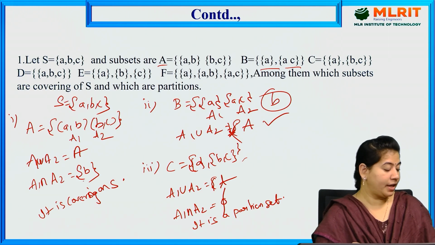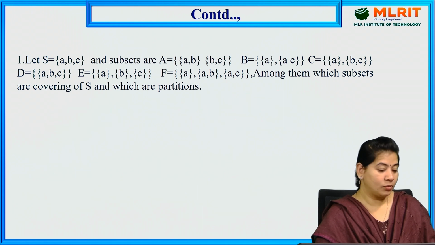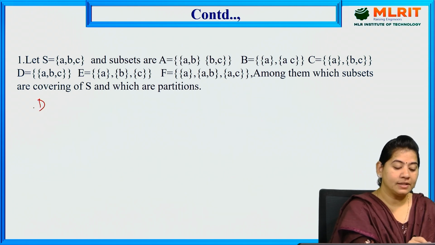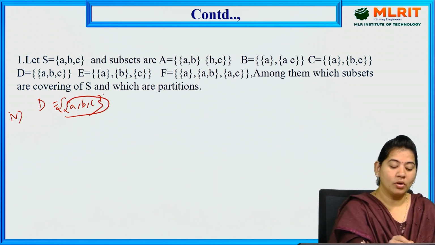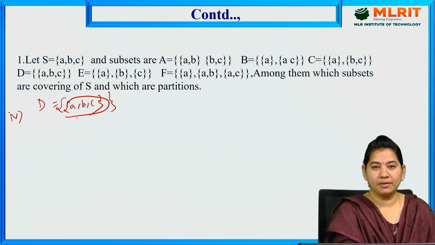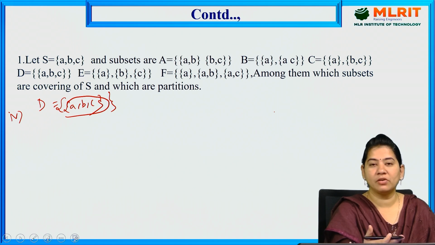So in the same way, go for the fourth one here. What is the fourth one here? D is equal to {A, B, C}. So here this total thing I am going to consider as only one element. But I should have another subset also. So to check whether those two subsets, if you are applying union or intersection, give our respective concept or not.